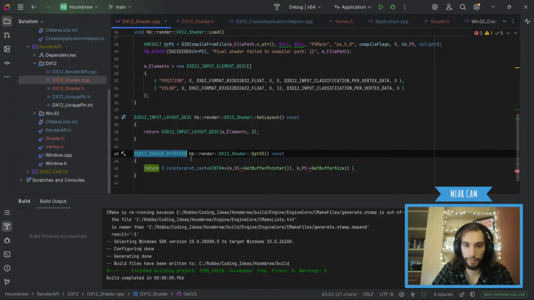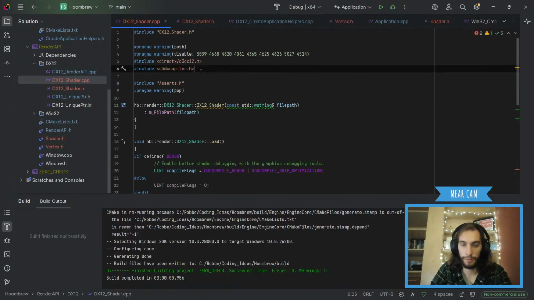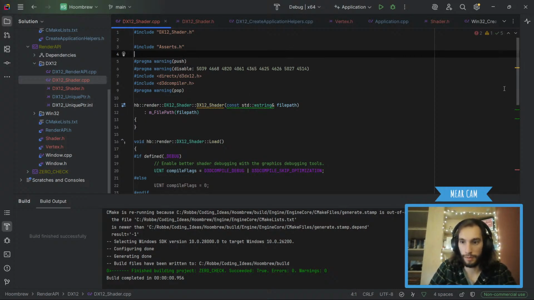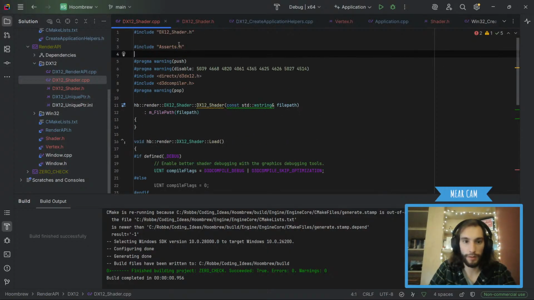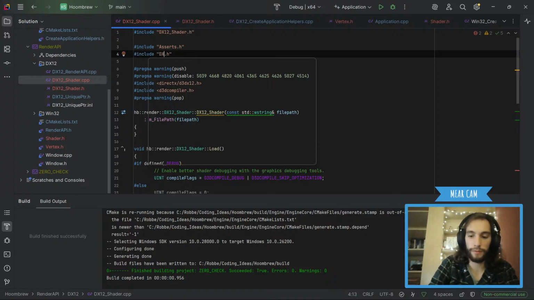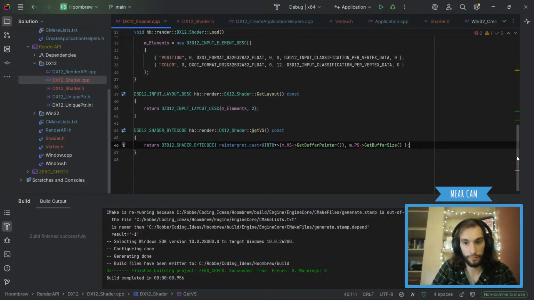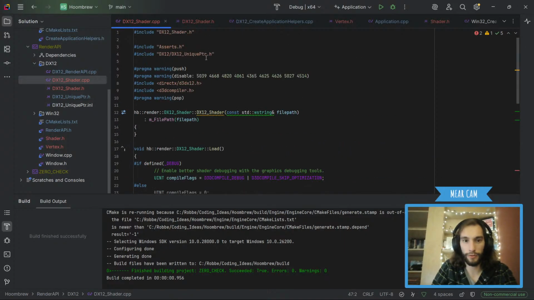That's all that. And then why is the blob not working? Actually, you should be on top, like so. Oh, I need to also include the unique pointer header. Maybe? No, it's already included. Of course it's already included.